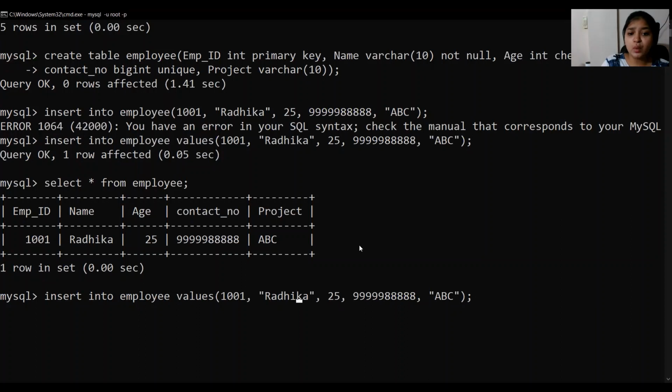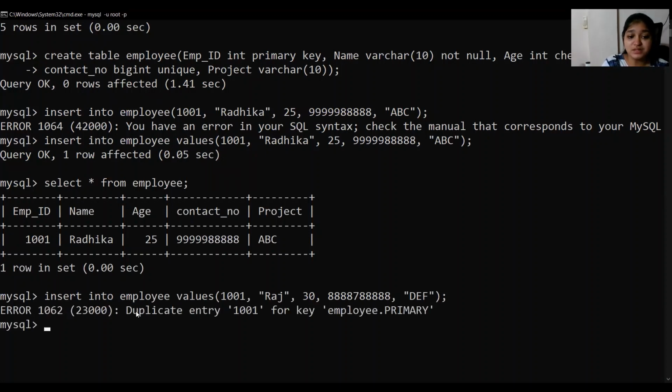Now let's try to violate some of the constraints that we already put. Let's give the employee ID same to Raj with age maybe 30 and contact number as this, and let the project be this.